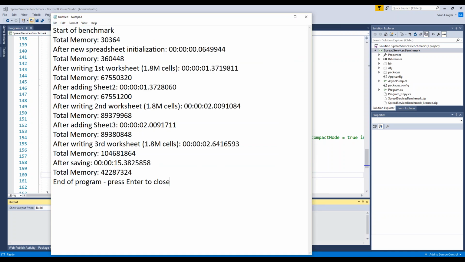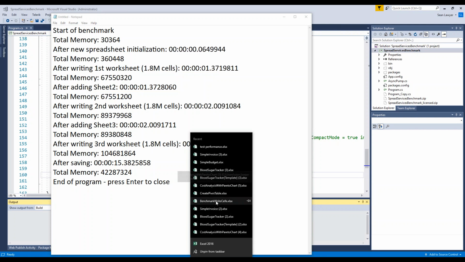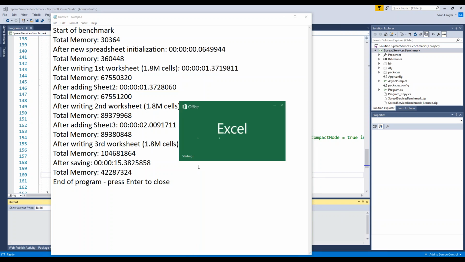But I can show the output result. This is what it output in the console window. 1.3 seconds in after writing the first worksheet, 2 seconds in after writing the second worksheet, 2.6 seconds in after writing the third worksheet, and about 15 seconds total to produce this file,